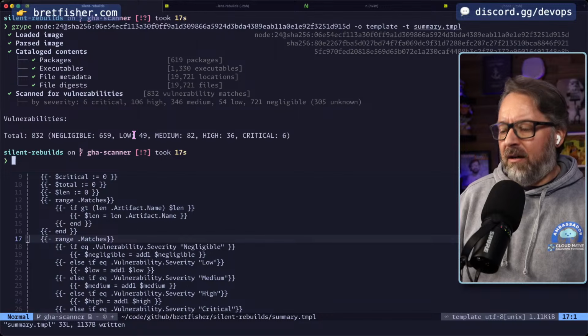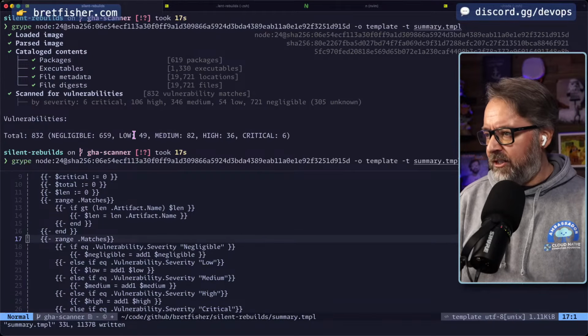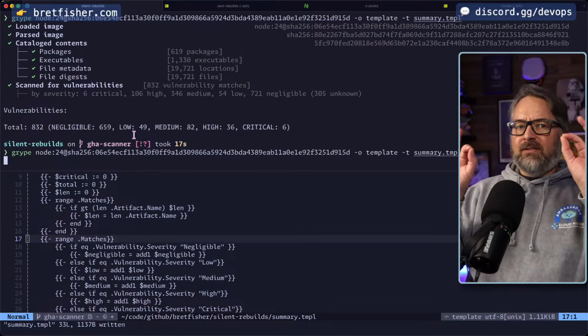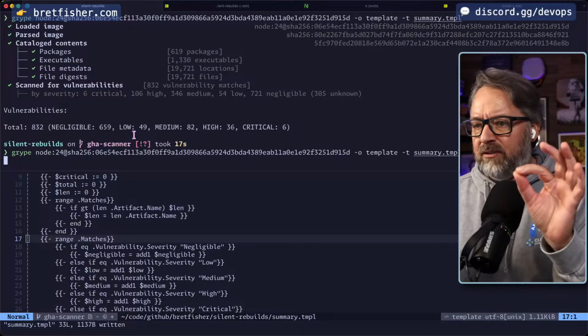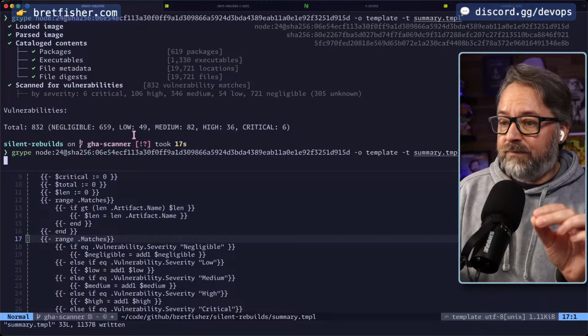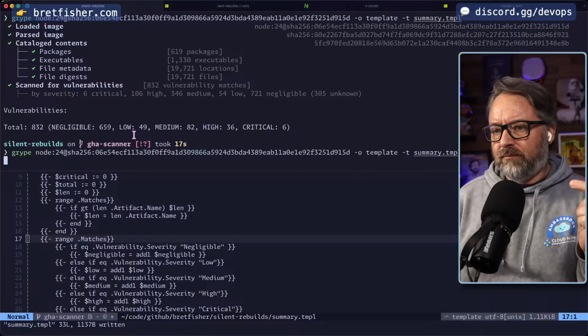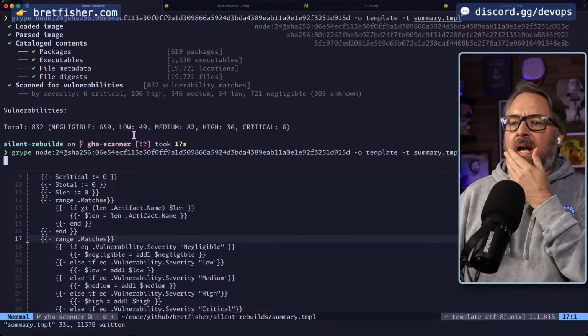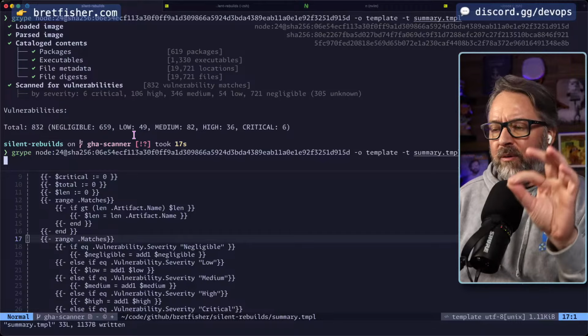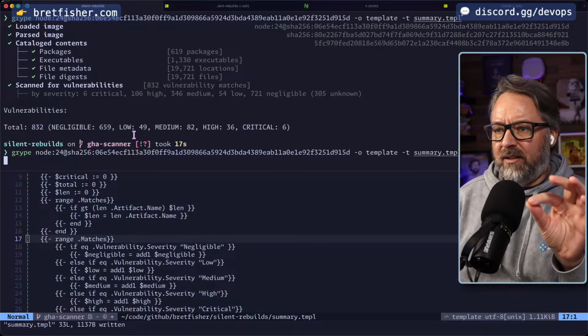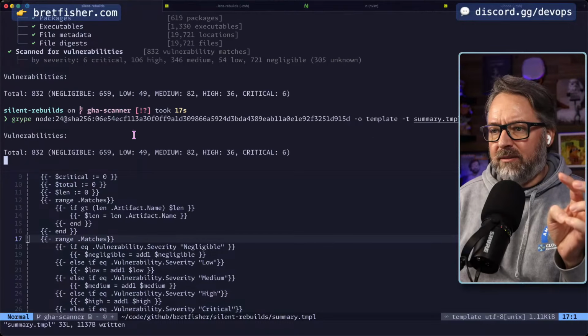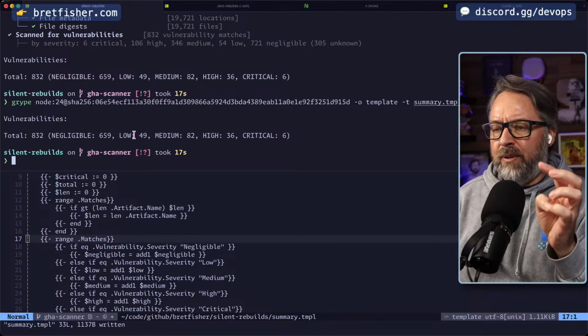Okay, so now let me do this with a -Q. What I should see if this works is, when I do this Grype scan with a custom template, it's only going to output totals. And what I want is for it to output totals in JSON. Otherwise, it's going to have to do string. But if I can get this to output in JSON,